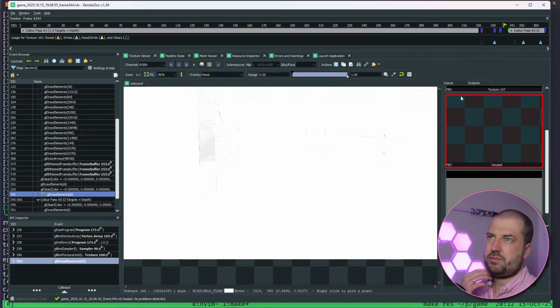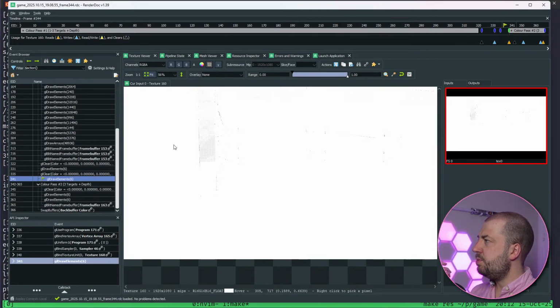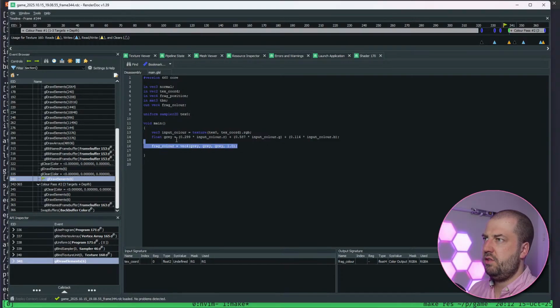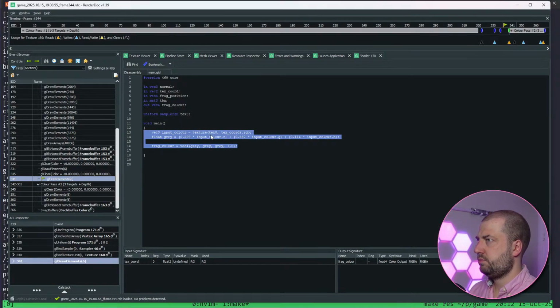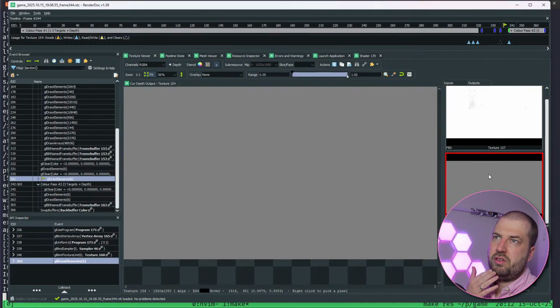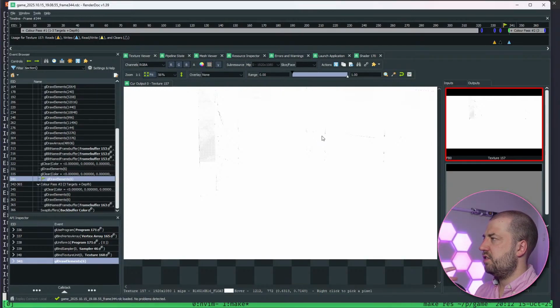Then this one here should be the grayscale. So it should be grayscaling this, I think. So let's just check what this pipeline state FS view. I mean, that's definitely doing grayscale, right? So why is the output for this? Okay, fine. So the output for this is the grayscale of this, but it's already grayscale, so that's fine. And then